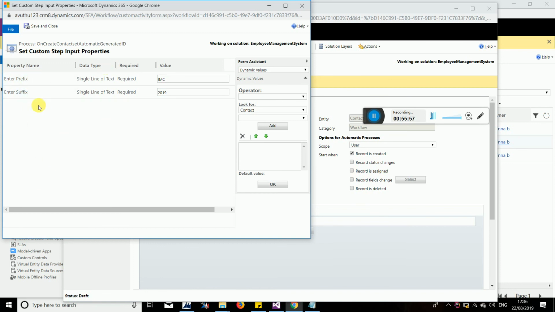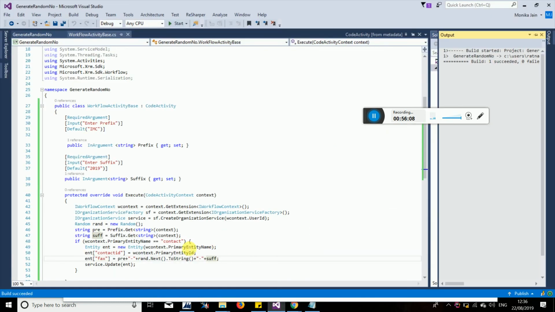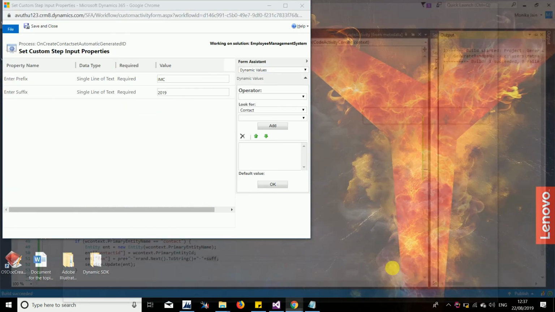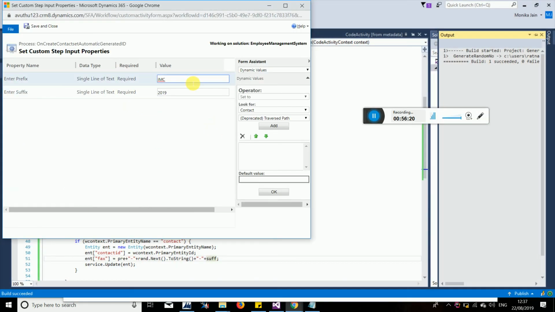Like this you can create here n number of variables or n number of parameters. IMC, this is the default value we have given. You see in your code, this is the default value. As those are required arguments, we have given the default values over there. Understood? Now the user can configure, he need not go and modify the code every time. He can just modify here and that will be visible in your particular code.